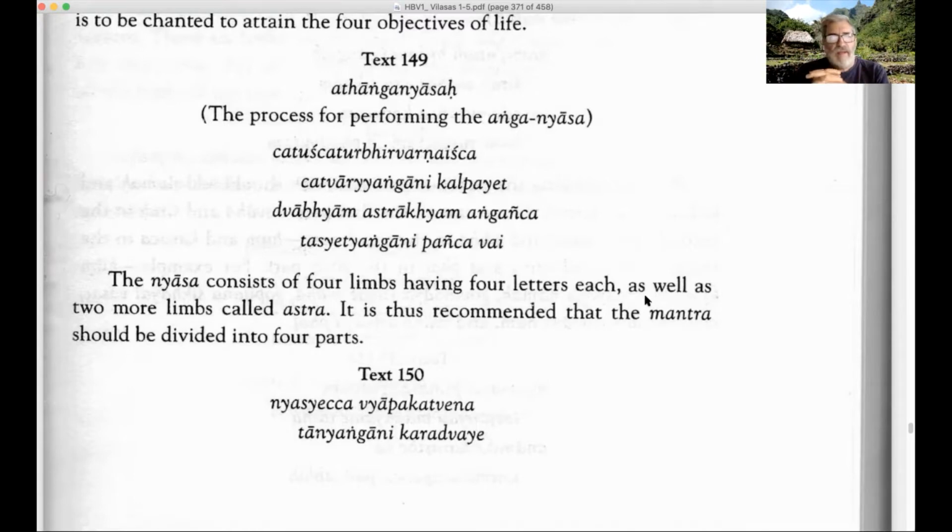Okay, so the nyasa consists of four limbs, having four letters each, as well as two more limbs called astra. It is thus recommended that the mantra should be divided into four parts. Okay, so the mantra we're talking about again is the Gopal Mantra. So we'll see how to do this practically. Continuing on,